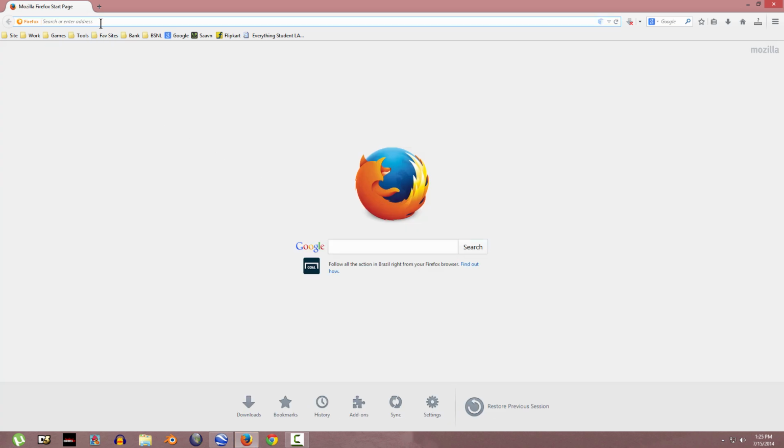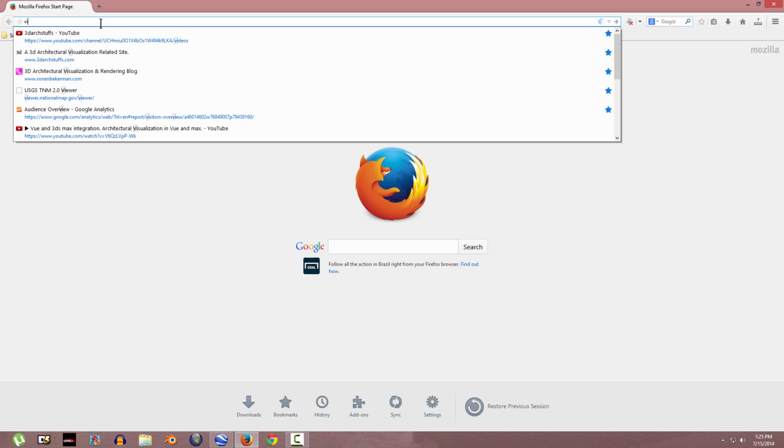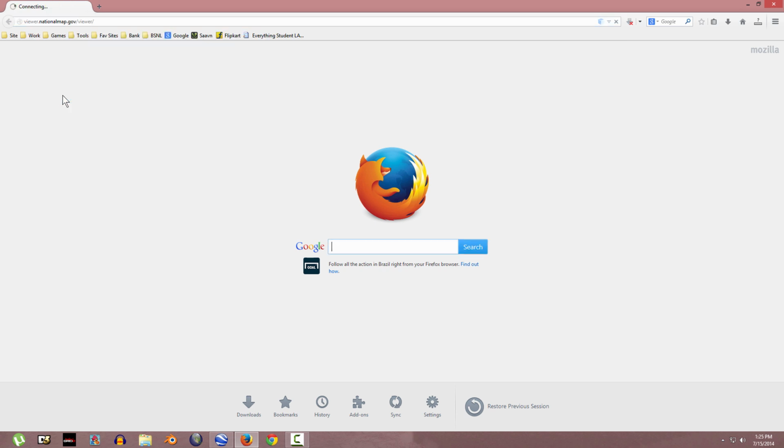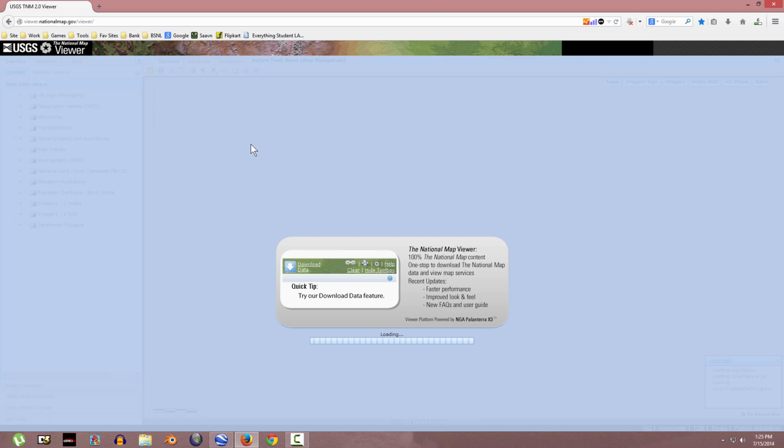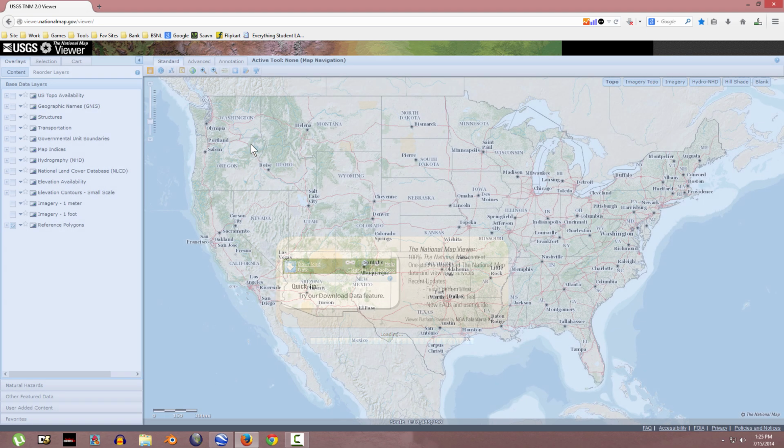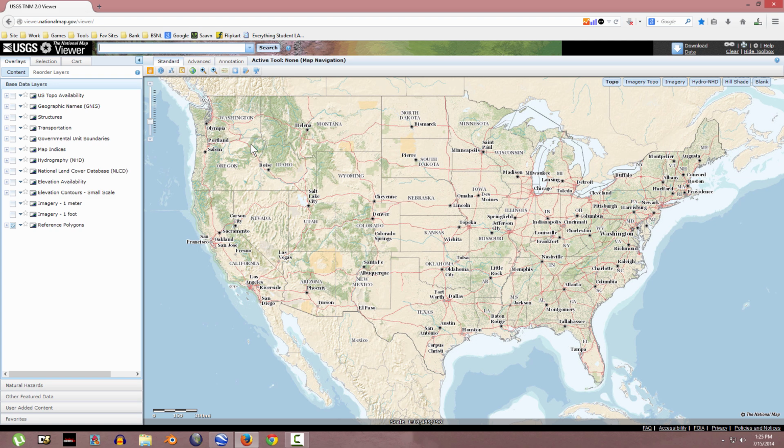then type USGS National Map Viewer. After some time, when the viewer has downloaded and the toolbar of the USGS map has started,